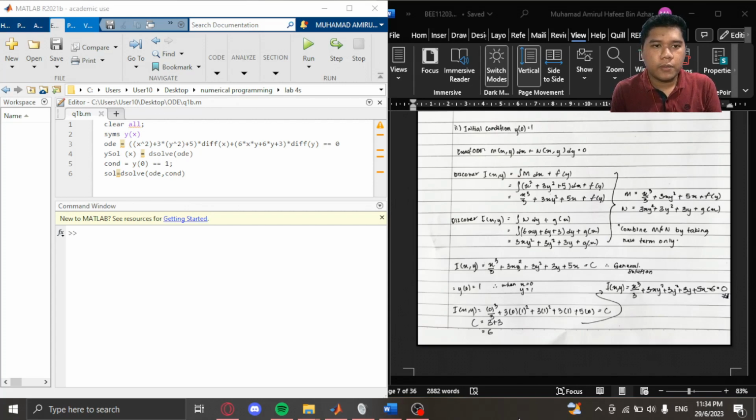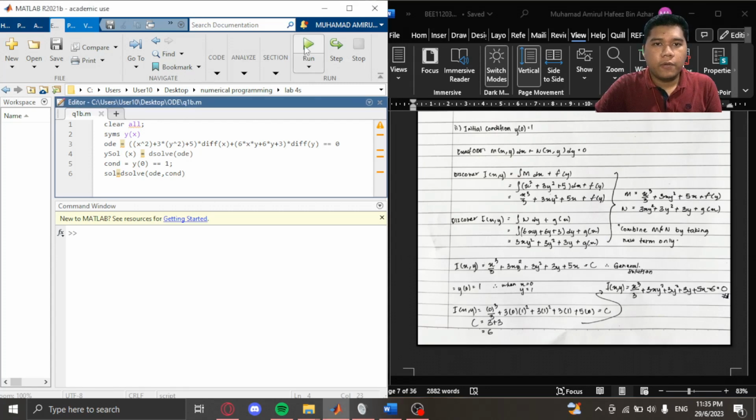Then we use dsolve to obtain the general solution of the ODE and set it as ysol(x), and then insert the initial condition and set it as con, and then we need to find the particular solution using dsolve(ODE, con) and set it as solve. And then after we run the code,